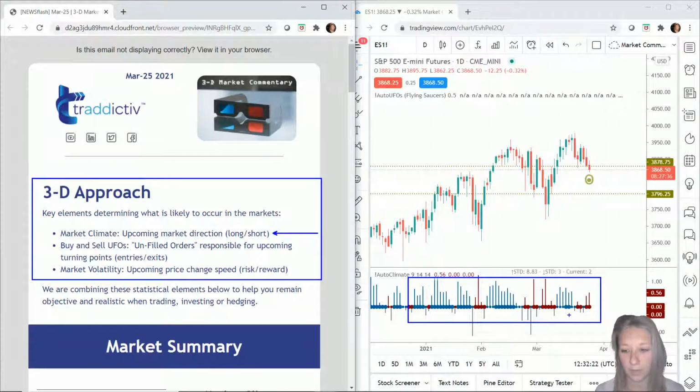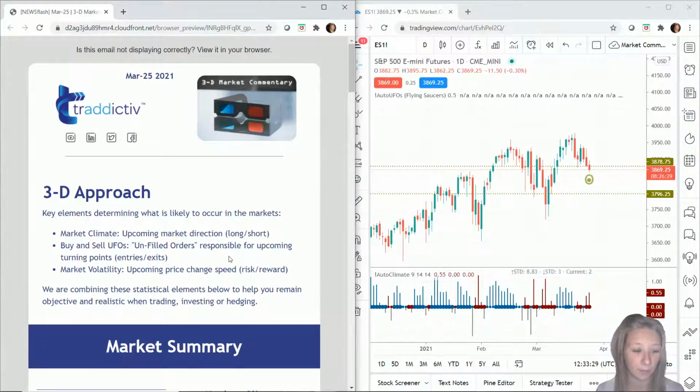So for example, it could be a thick blue dot that would tell us that we have probabilities to the upside. It could be a thick red dot that tells us we have probabilities to the downside. Or it could be a thin dot of either colour. Obviously slightly harder to see, that's kind of the point. The thin dots, doesn't matter the colour, tells us we don't have enough probabilities either way. So again, we're using technology to be objective about our analysis, telling us where the probabilities lie. So that's the first element that we go through.